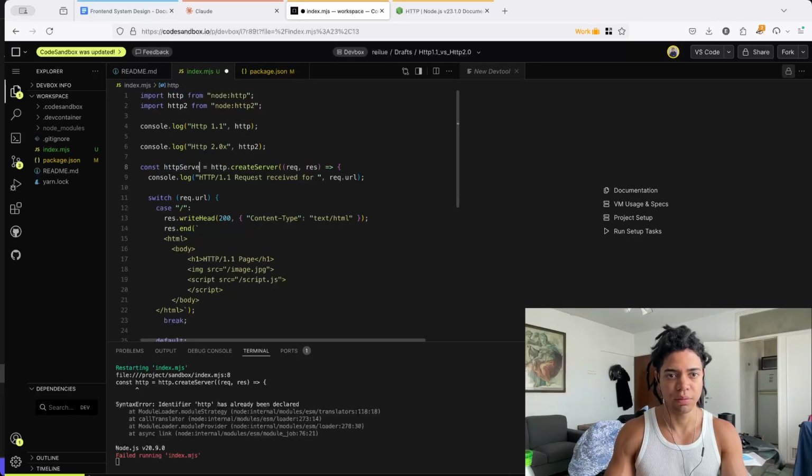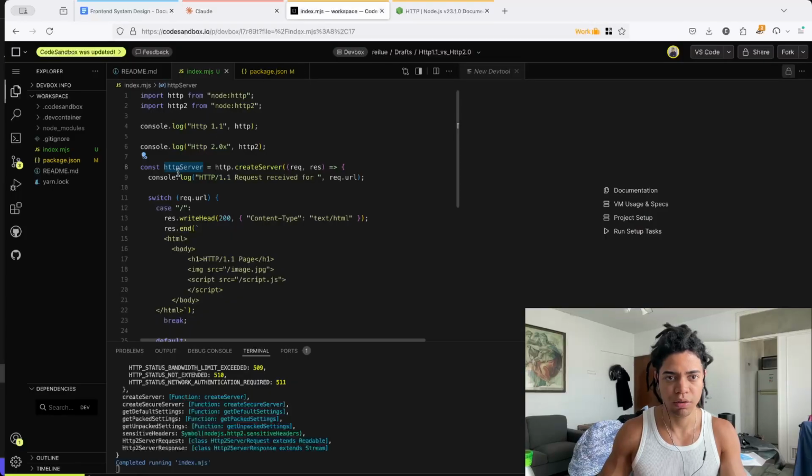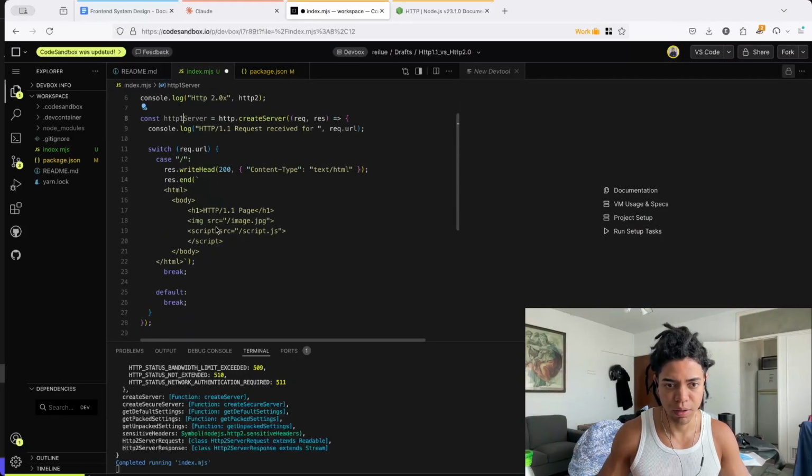Oh, this is the HTTP server. Exactly. HTTP 1 server, because otherwise it's going to complain about it. Okay, HTTP 1 server, right? So by the time you are doing this,